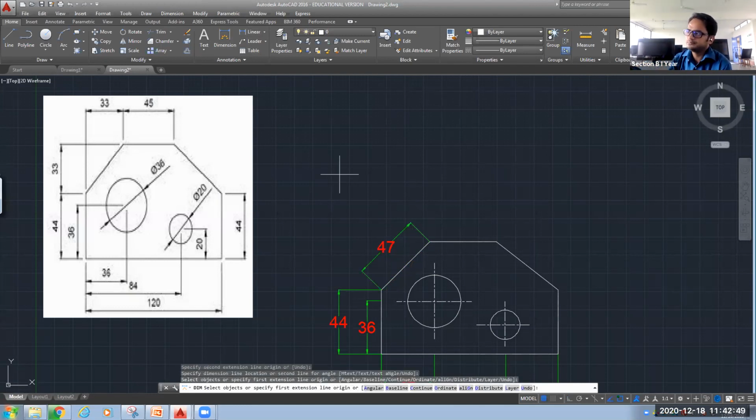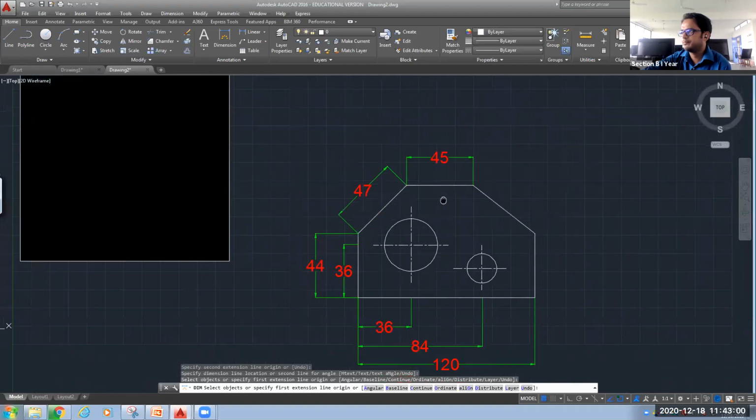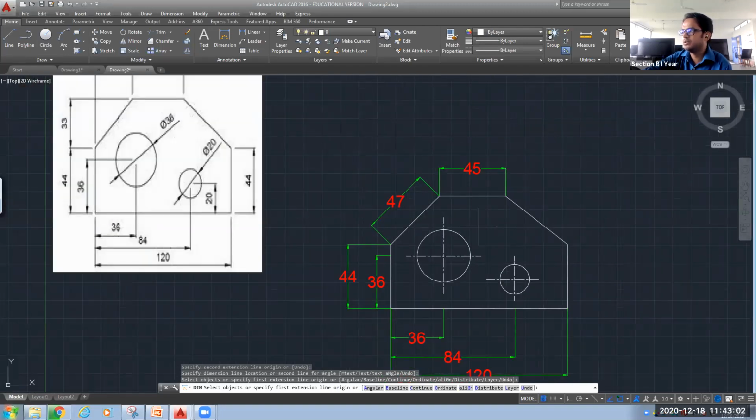This is one way. Now coming to this top line, it is 45. Now what is remaining on the right hand side? So this is your right hand side,